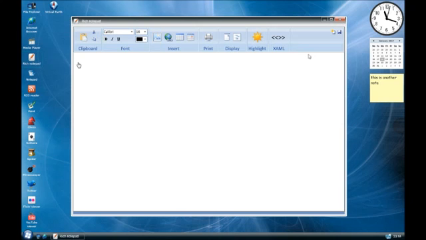You've got print document, you've got text, you've got all the simple things, and you can even change the font. So I'm just going to write a note. This is a new note from Rich Text,